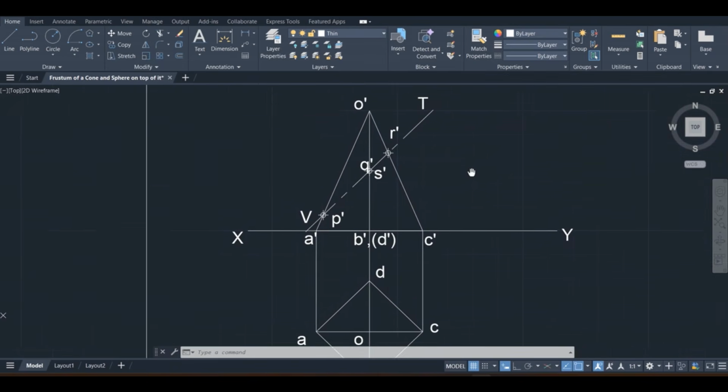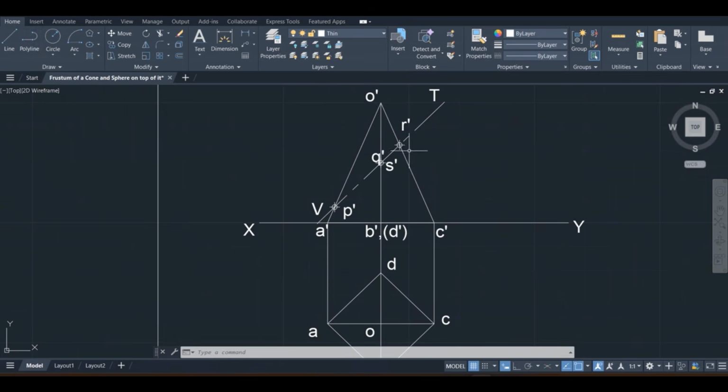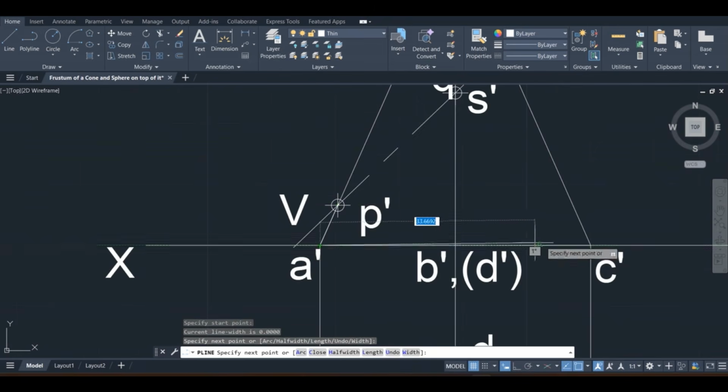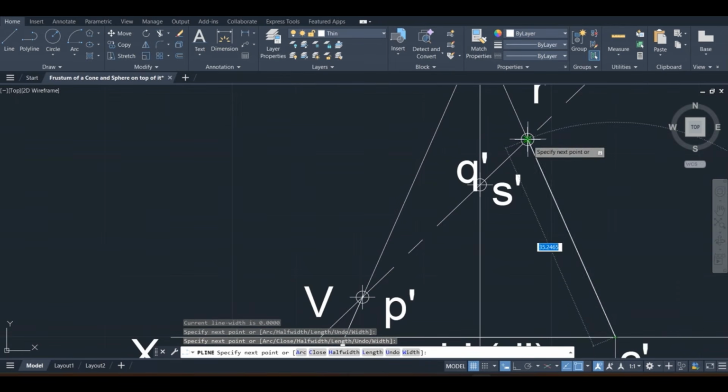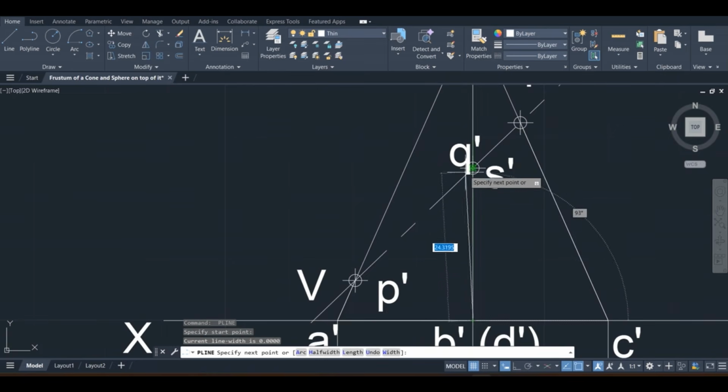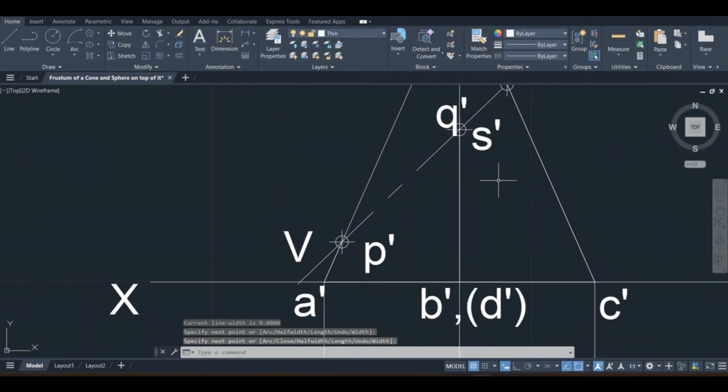Now draw its lateral surface development. Before that, let me draw the truncated portion of this pyramid. Let me make this as bold.